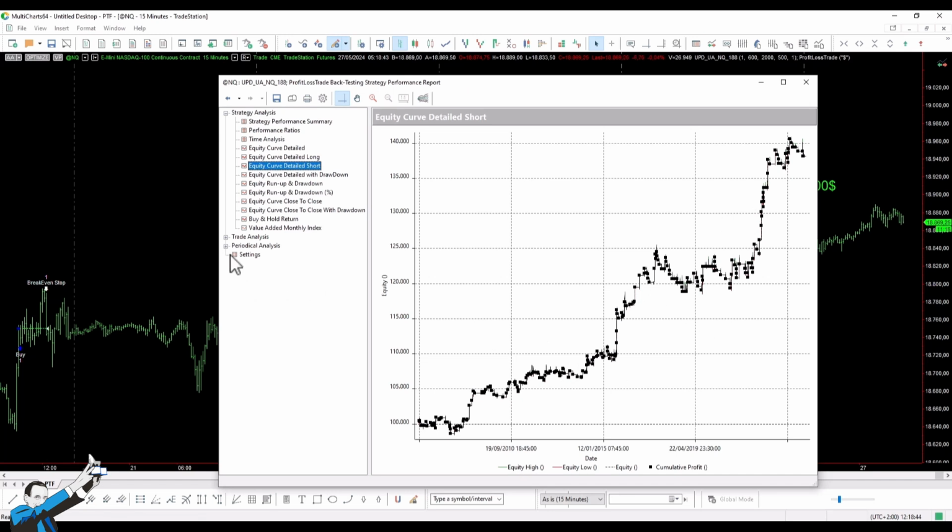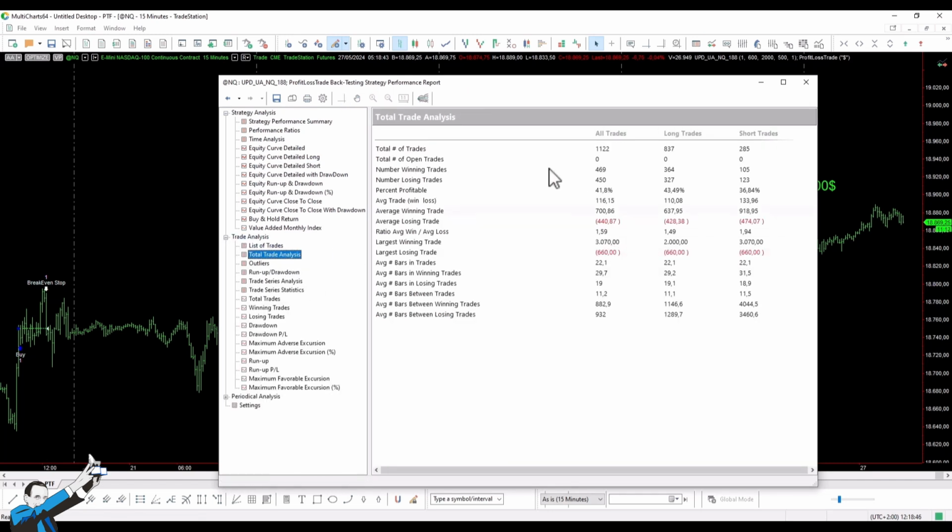However, this strategy does have a small flaw. By analyzing the total trade analysis, we see that around 1,100 trades have been made over the years. There are many more trades on the long side and fewer on the short side, which is normal for this instrument. But the flaw, if we can call it that, is the average trade, which isn't very large. It's big enough to operate, but not ideal. This is partly because it's an intraday strategy, and as you know, the less time the trades are kept open, the harder it is to have large average trades.